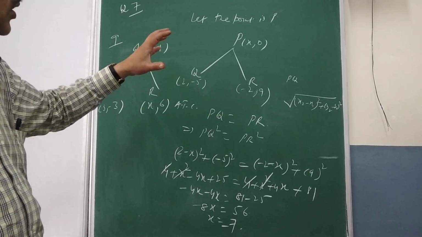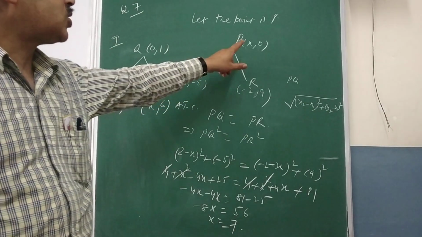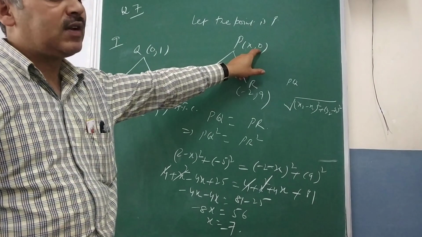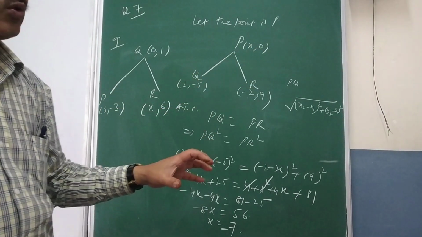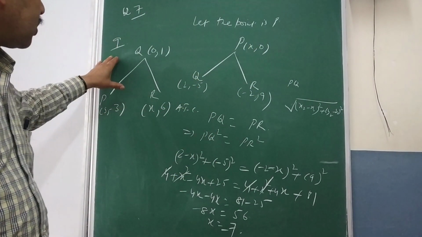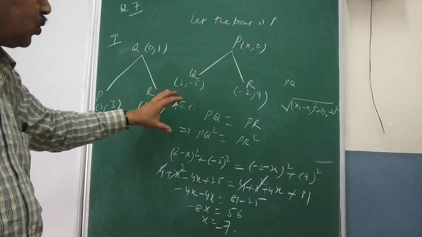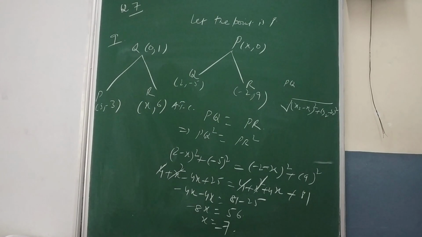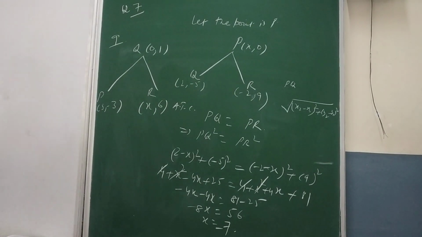If the question is about equidistant from the y-axis, then instead of x, you have to write the x coordinate 0 and you have to find the value of y. Please make a note of this, and then question number 9 in the same manner you have to do yourself. And question number 10, now you see another condition given to you.